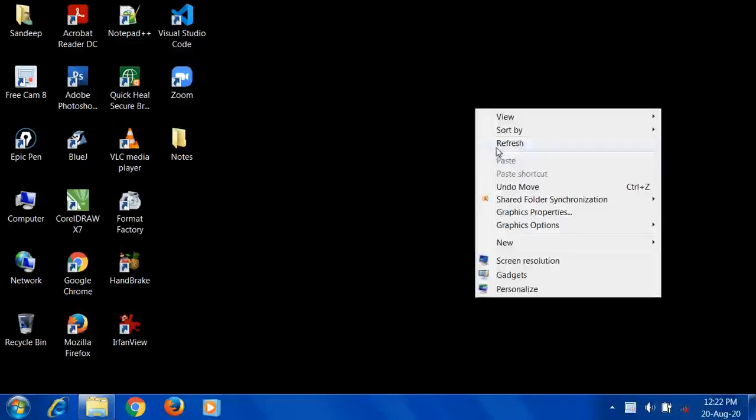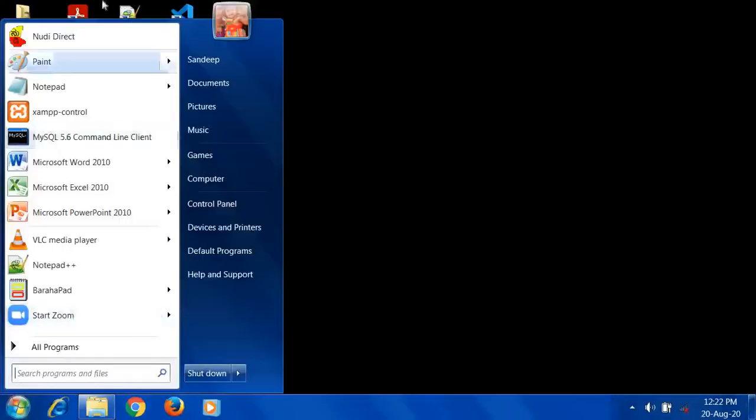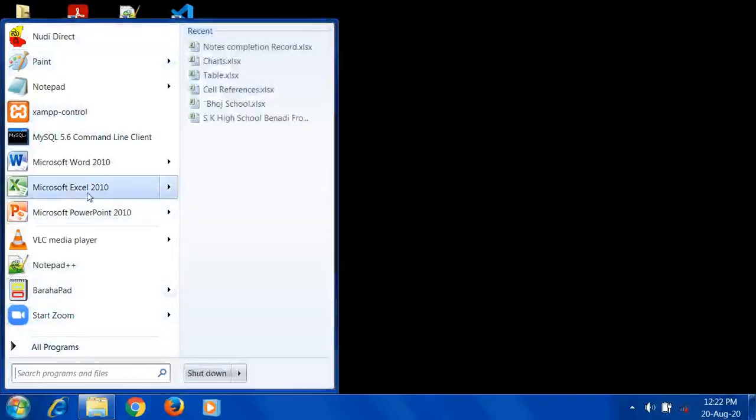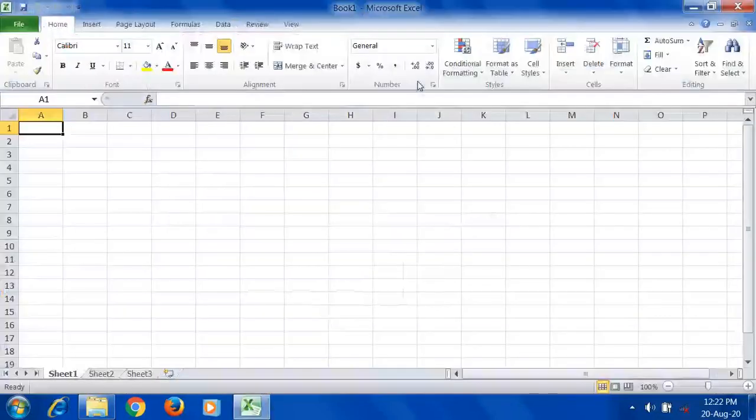So now the point is starting Microsoft Excel. How can we start Microsoft Excel in Windows 7? To start Microsoft Excel, I will show you 2-3 different ways. The first way is to click on Start. You have a Start button, and when you click on it you will get the Start menu. If you have the Microsoft Excel application in that Start menu, you can click directly on that application, and my Excel window gets open. So this is one way.